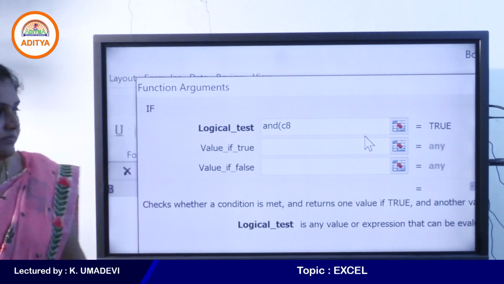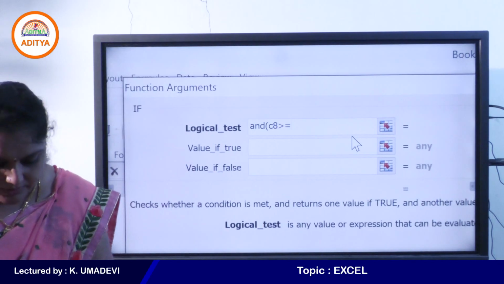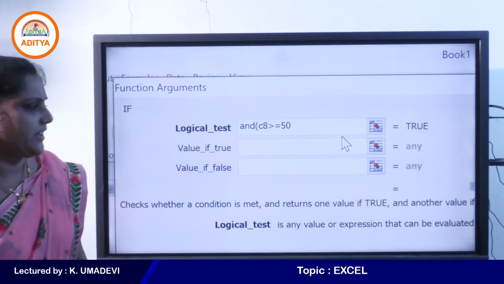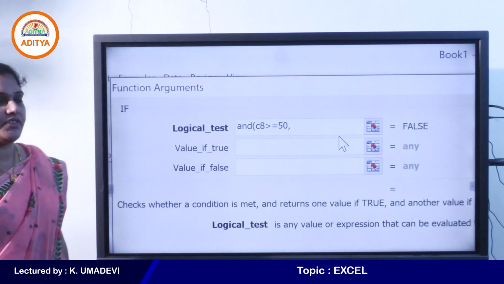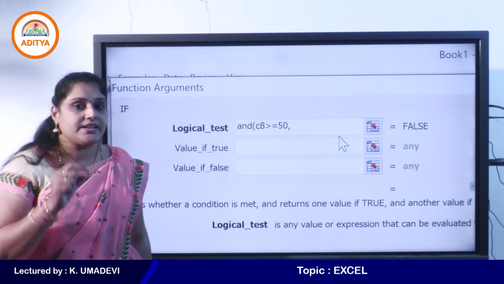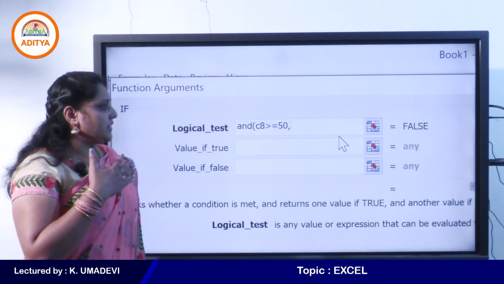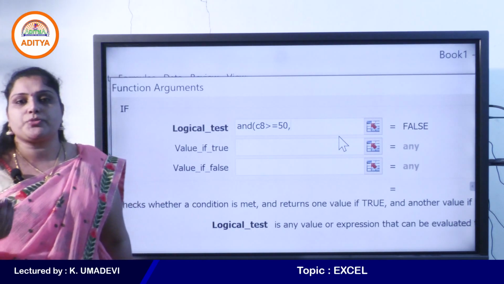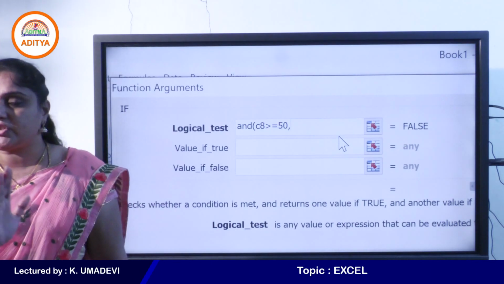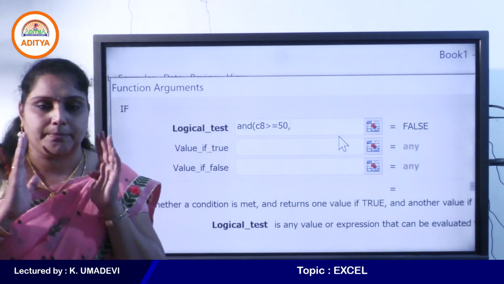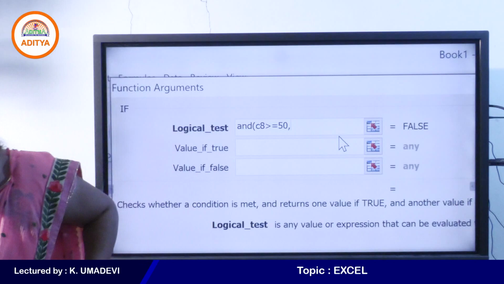C8 greater than or equal to 50, comma. See, multiple conditions are separated with commas inside AND, right? Yes, AND or OR functions are combined with the if function to test multiple conditions. Why? Because if is only used to check one condition at a time. If you want to check multiple conditions inside if, we use AND or OR functions.